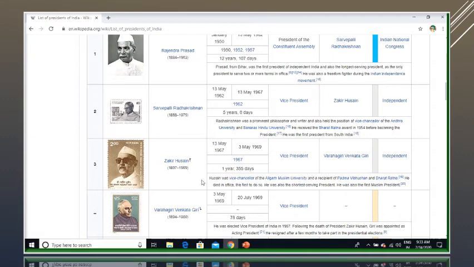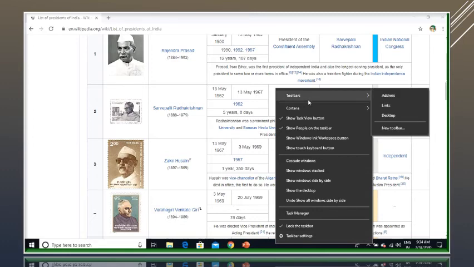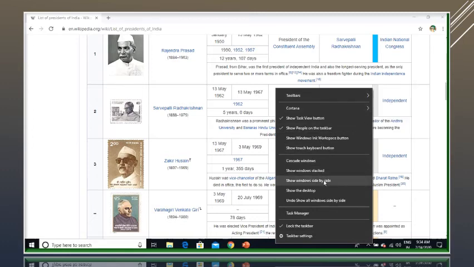So, for this, I right click on the blank area in the desktop. Yes, a shortcut menu is displayed. From the shortcut menu, we need to select the option Show Windows Side by Side. Which option do we need to select? Show Windows Side by Side.